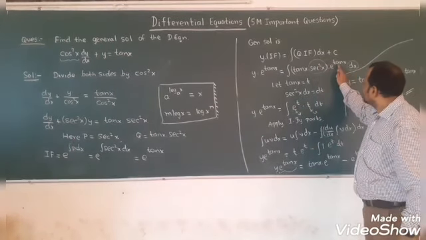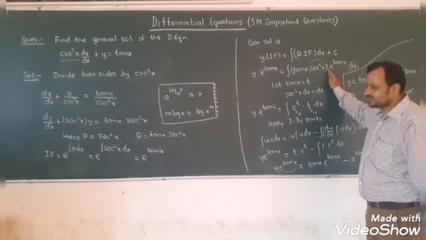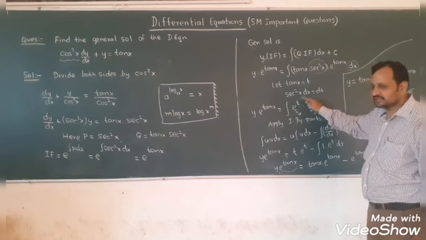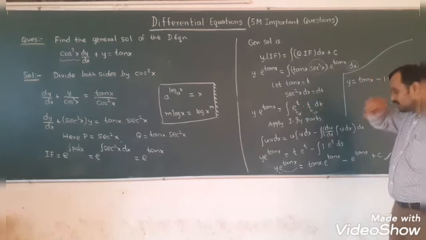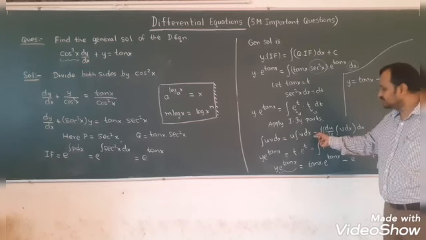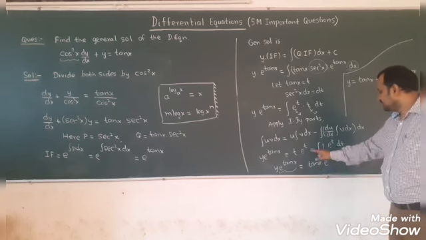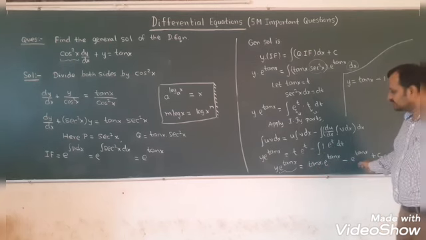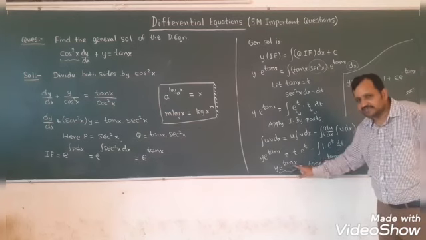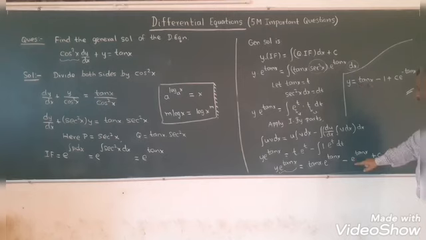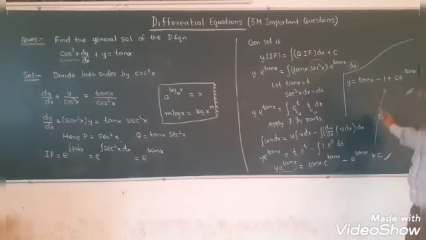Now put tan x equal to t, secant square x dx will become dt. You will get e power t into t. So how to solve this integral is to apply integration by parts. This is the formula to apply integration by parts. You can see here t, we can replace it by tan x. So you will get this step. You can leave the answer like this. Otherwise, divide both sides by e power tan x. Finally, you will get y is equal to tan x minus 1 plus c into e power minus tan x. So this is the final answer.